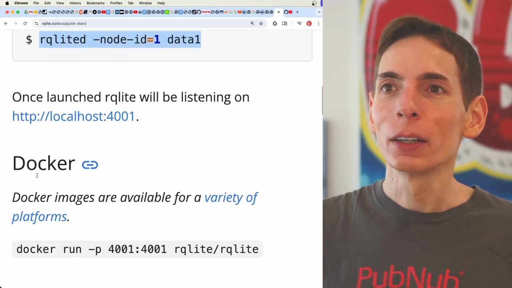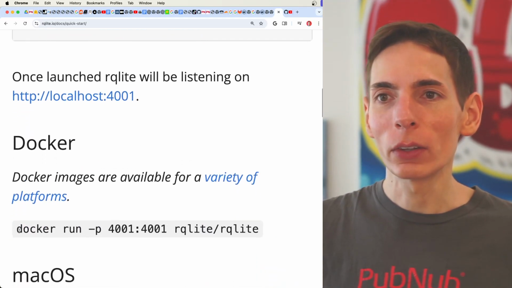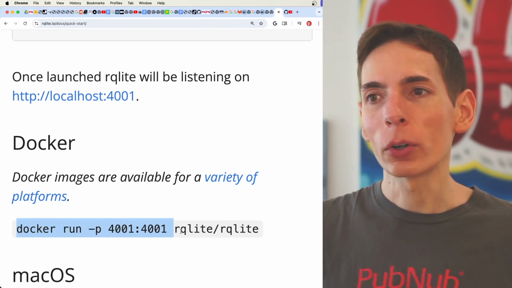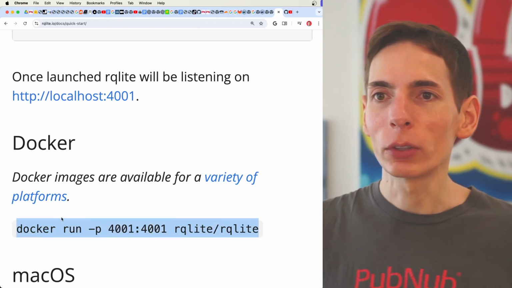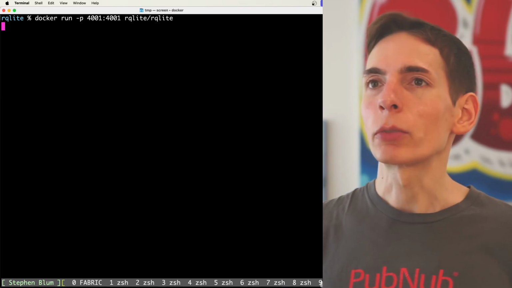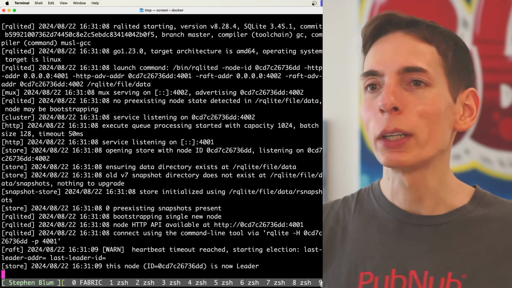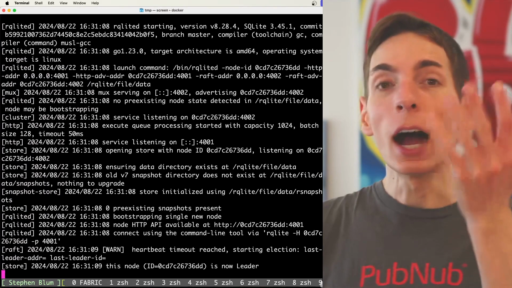I like Docker. And here is the Docker command. You say docker run, the port, and then rqlite. And so that's what I'm going to do here really quick. Let's give that a shot. All right, I've got my terminal window open here. I already had... boom, easy. I now have running